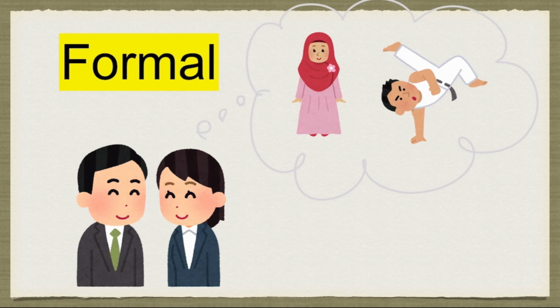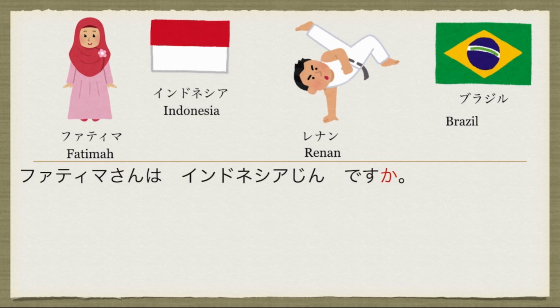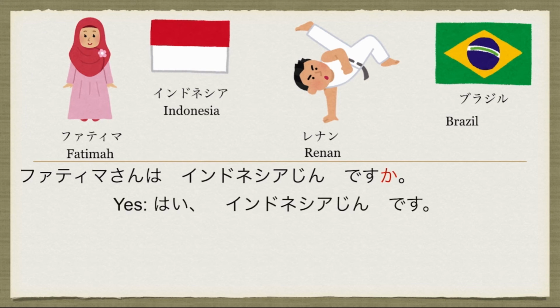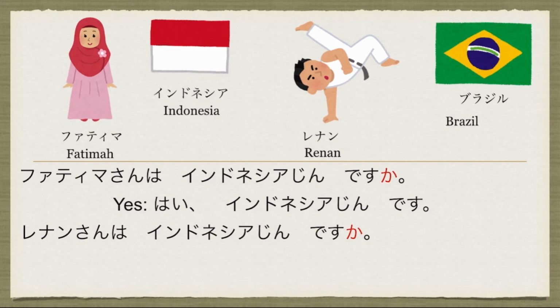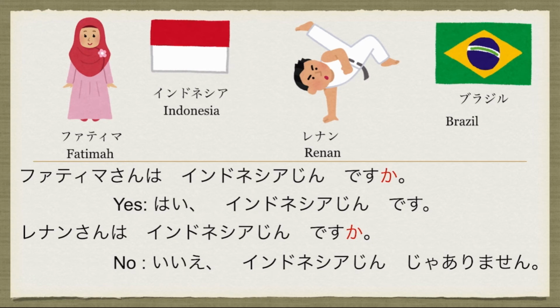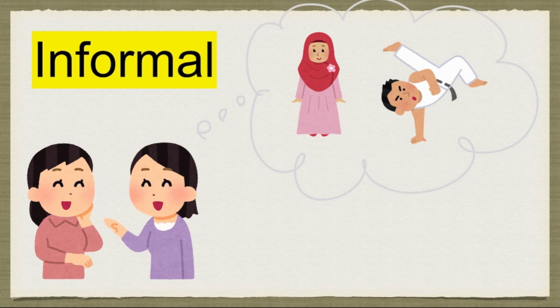Let's have a conversation. Formal. ファティマさんはインドネシア人ですか？I want to say yes, so はい、インドネシア人です。In Japanese, yes is はい。レナンさんはインドネシア人ですか？I want to say no, so いいえ、インドネシア人じゃありません。No is いいえ in Japanese. インドネシア人じゃありません。We want to deny, and it means no, he is not Indonesian. ブラジル人です。